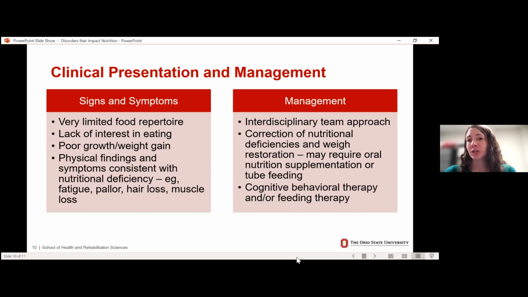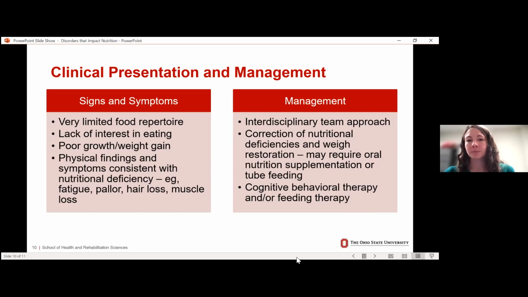There's concerns with meeting nutritional needs, and then there might need to be a number of behavioral strategies as well that are implemented. And so really the management involves correcting any nutritional deficiencies, weight restoration, if they've lost a lot of weight. Some people do require some oral nutrition supplements, at least at the beginning, until they've been able to expand their diet,